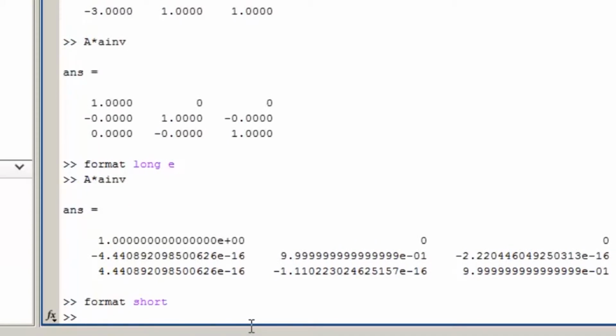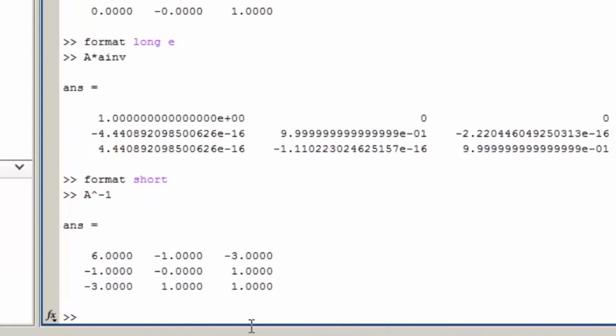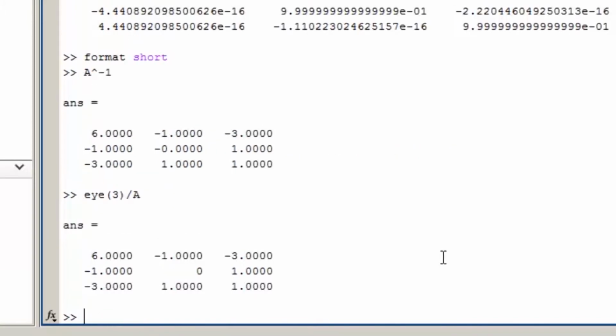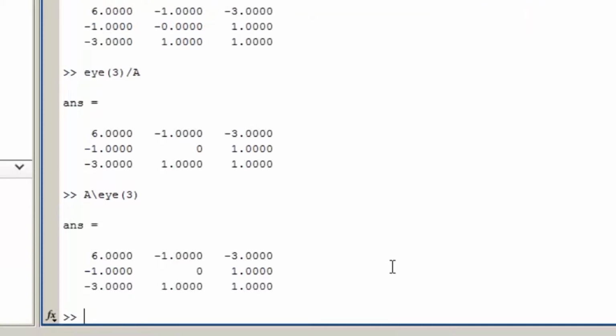I can also invert a matrix by raising it to the negative first power. So I'll type A caret negative 1. That gives me the same answer as before. Dividing the identity matrix by A using the / operator by typing eye of 3 / A also gives the same answer, as does using the / operator and typing A / eye of 3. Recall that in both cases the operand on what I think of as the uphill side of the operator is